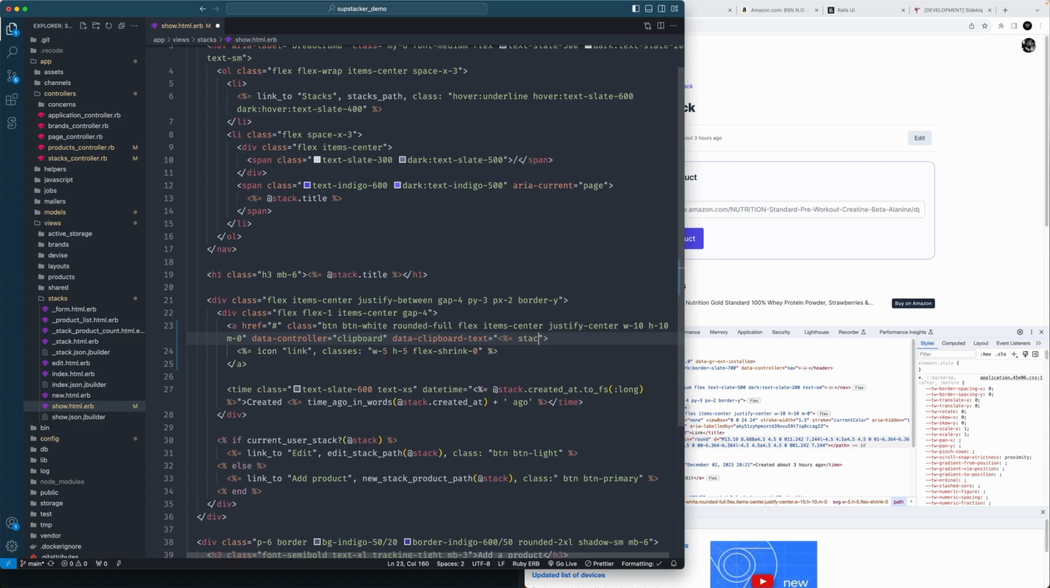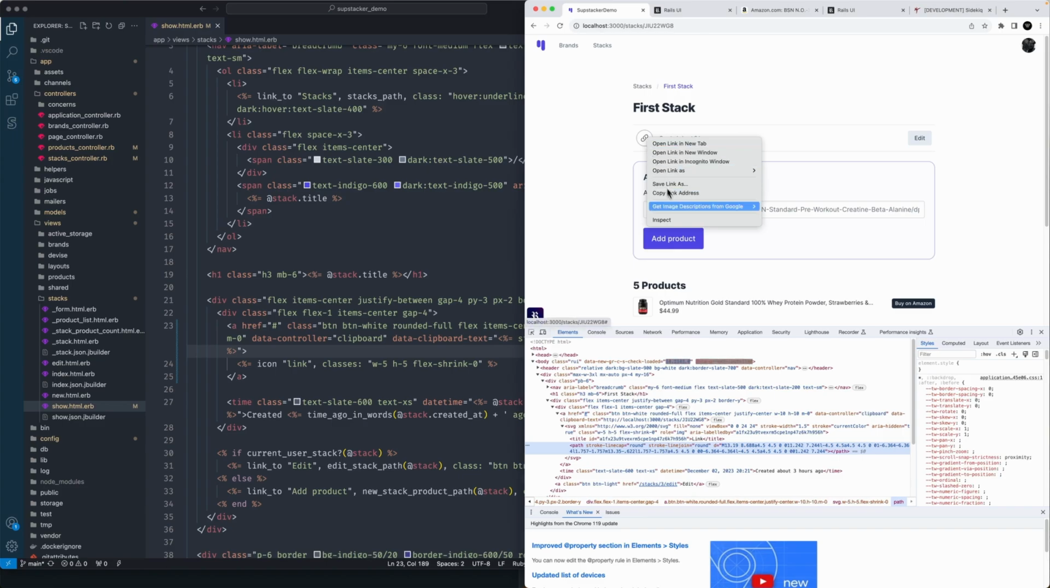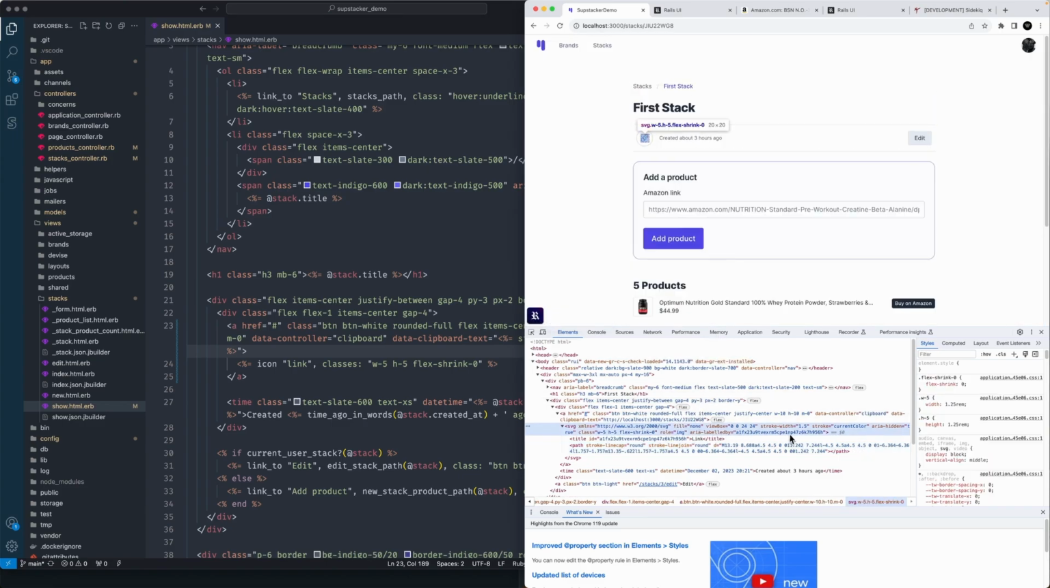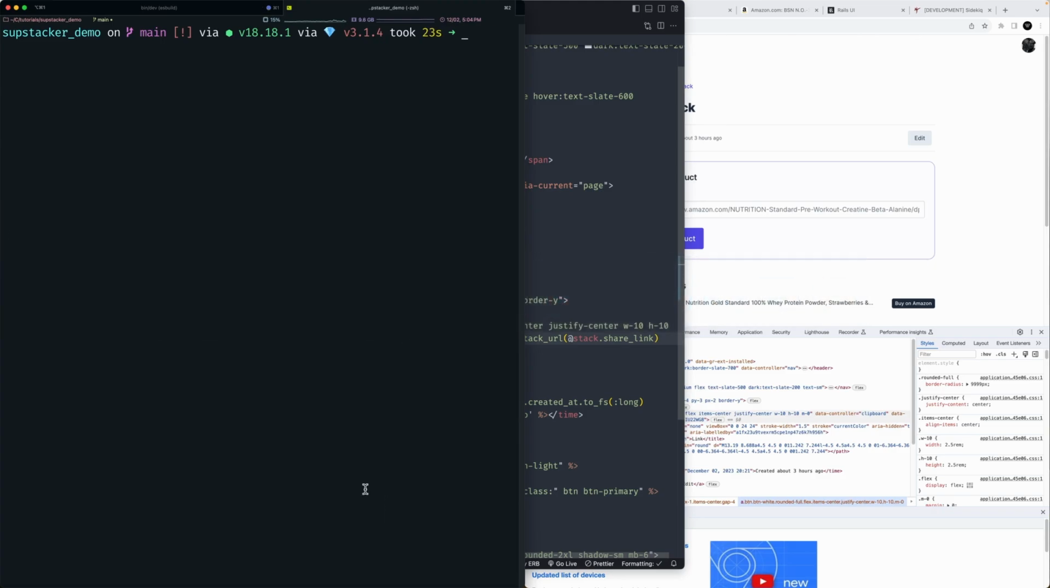So we'll pass in our stack URL, which is a new helper we have thanks to our routing. Or no, it's not actually, but we can pass in our share link instead of our stack ID in this case. And if you look in the inspect element on that, you'll see that in the clipboard text data attribute now. So great. Let's create our actual